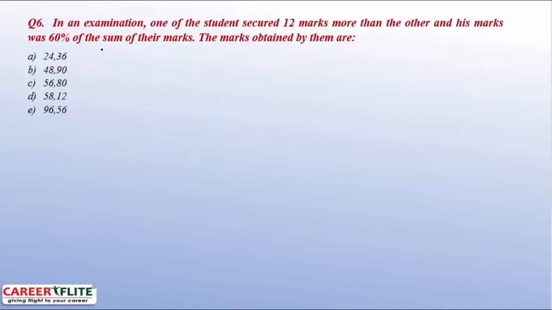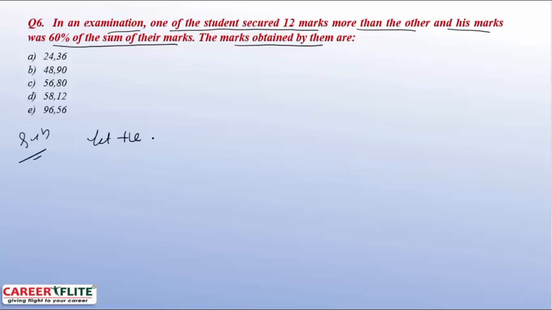In the next question it is given, in an examination one of the students secured 12 marks more than the other, and his marks were 60% of the sum of their marks. The marks obtained by them are? So let the marks be x and x plus 12. Since one student got 12 marks more, if a student gets x marks, the other student will get x plus 12. Now according to the question it is given that